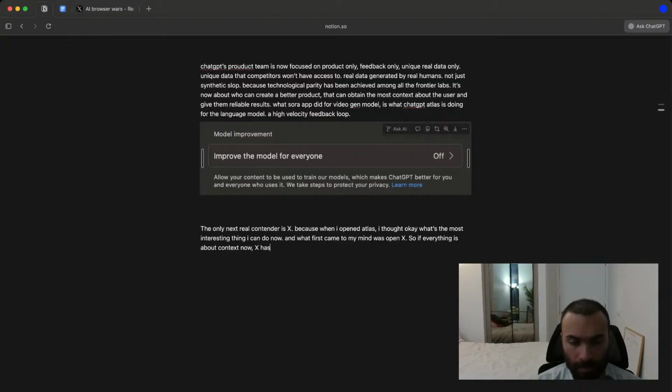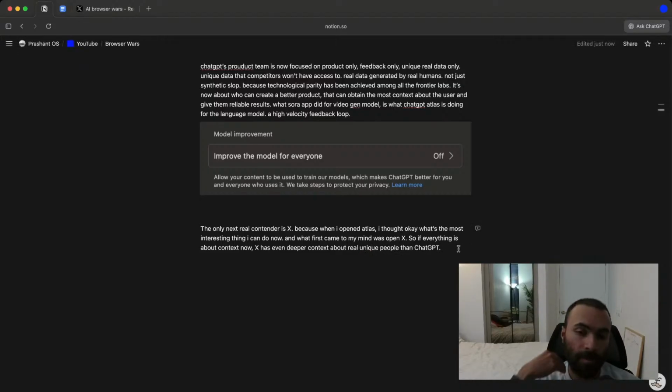X has even deeper context than ChatGPT. Deeper context about real, unique people than ChatGPT.